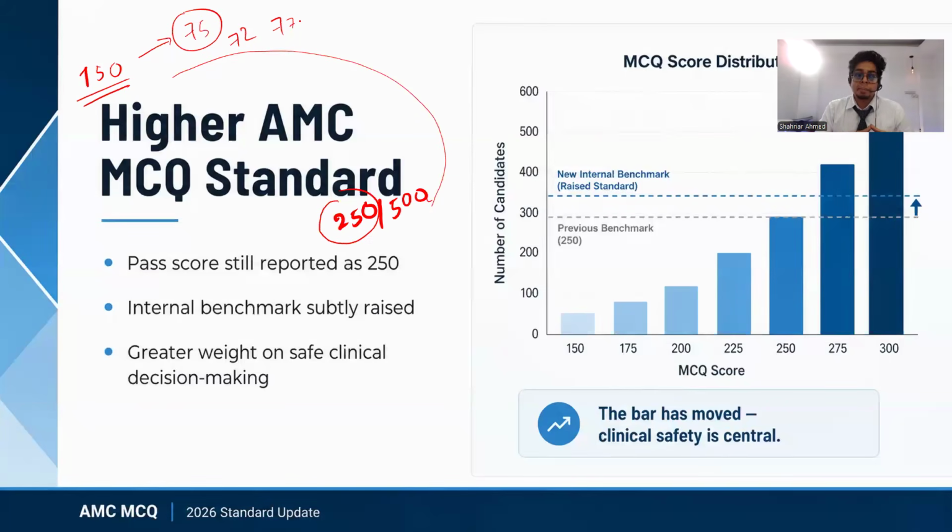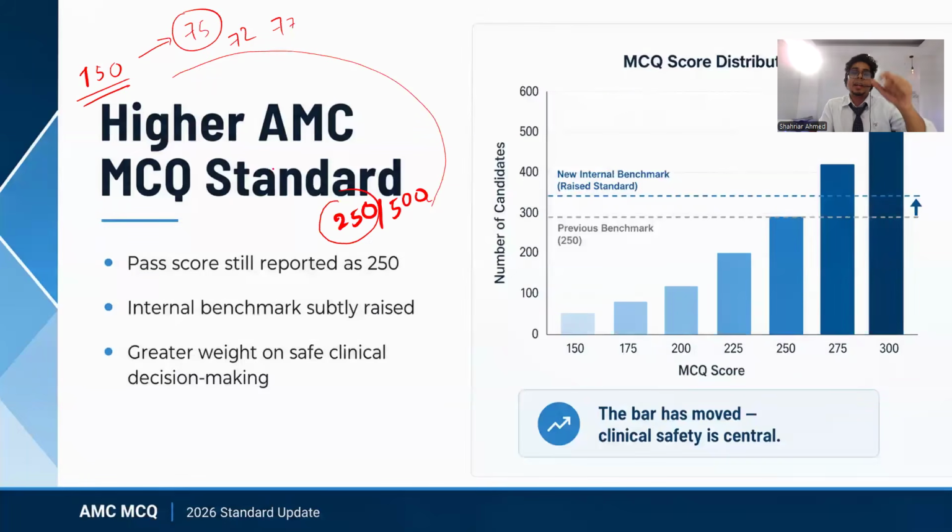It is conducted four times a year. Some months it's 120, some months it's 125, some months it's 116. So it varies actually. But they usually give the score out of those 150 questions. All right. But in AMC, they go with the percentile. But the thing is, the raw score needed to pass can vary actually.